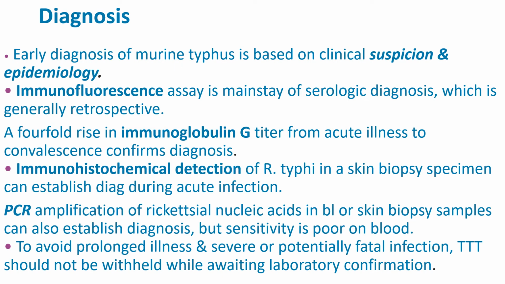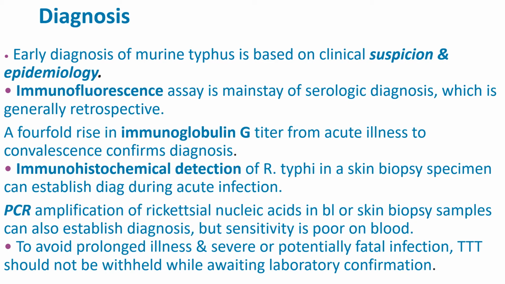Diagnosis. Early diagnosis of typhus is based on clinical suspicion and epidemiology. Immunofluorescence assay is the mainstay of serologic diagnosis, which is generally retrospective. A fourfold rise in immunoglobulin G titer from acute illness to convalescent confirms diagnosis. Immunohistochemical detection of Rickettsia typhi in a skin biopsy specimen can establish diagnosis during acute infection. PCR of rickettsial nucleic acid in blood or skin biopsy samples can also establish diagnosis, but sensitivity is poor on